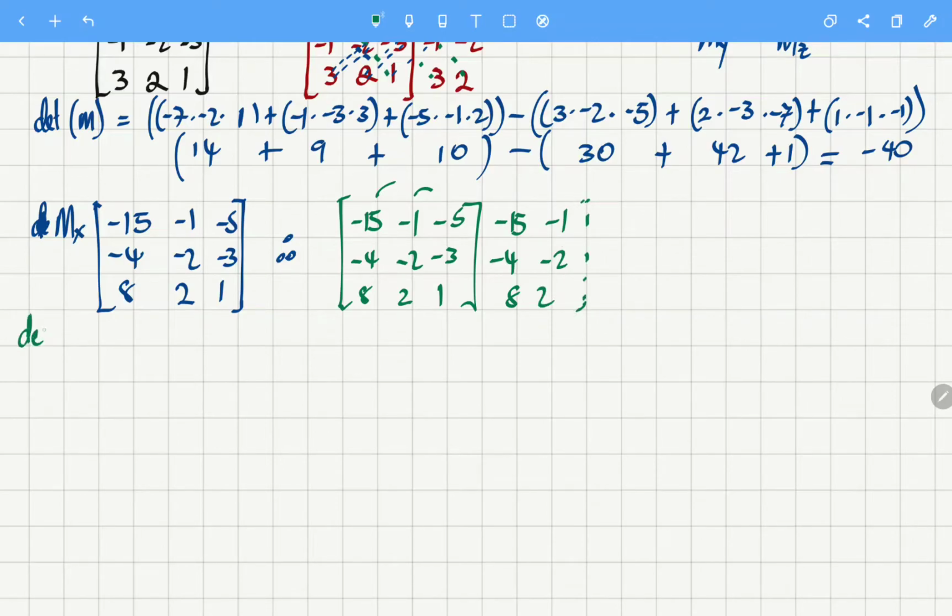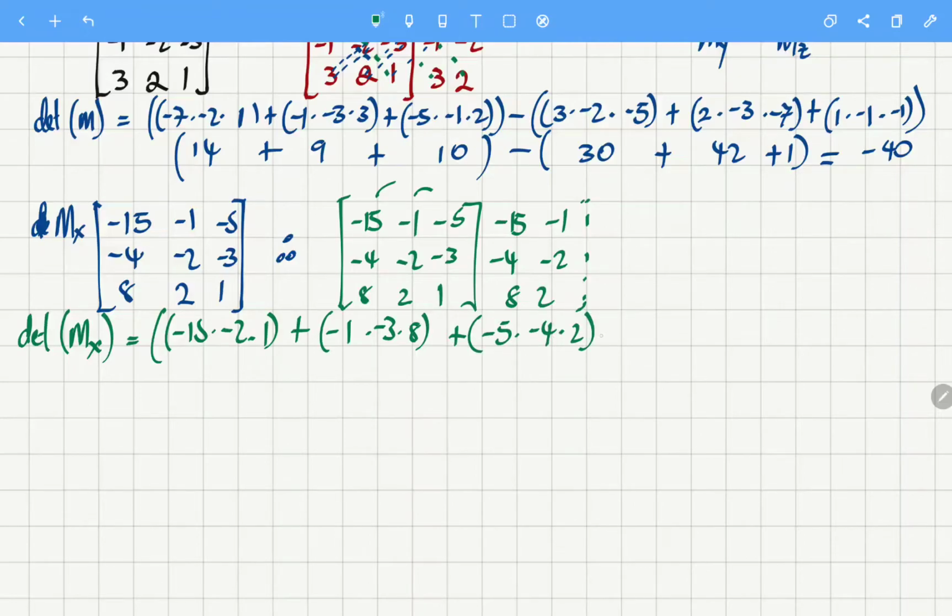So using the diagonals method as well, for mx: minus 15 times minus 2 times 1, plus minus 1 times minus 3 times 8, plus minus 5 times minus 4 times 2, right? Then subtract